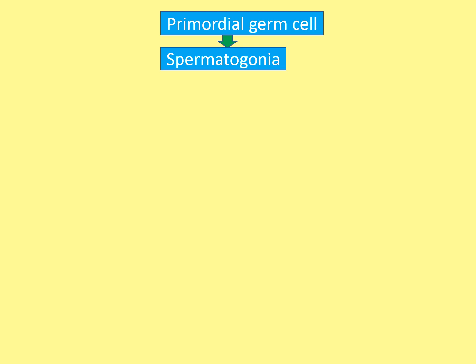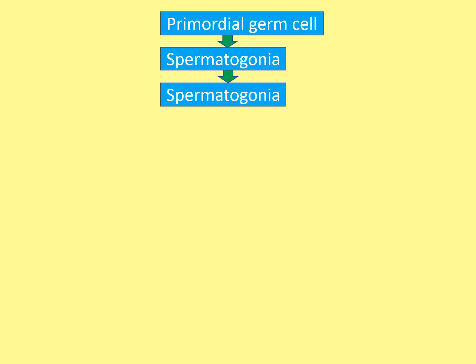In embryonic life, this primordial germ cell differentiates into spermatogonia and remains dormant and becomes active during puberty. Now this spermatogonia migrates among the Sertoli cells towards the lumen of the seminiferous tubule at about 13 years of age and